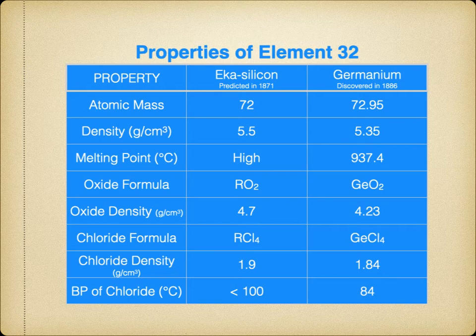Gallium, as we noted, had that extremely low melting point. It will melt in the palm of your hand. Germanium's melting point is almost 1,000 times that of gallium. That's a pretty significant increase in melting point. And so one element over on the periodic table has significant impacts on the chemical properties. But then you can look through all of these, and there are some pretty startling ability to predict what those elements would be.